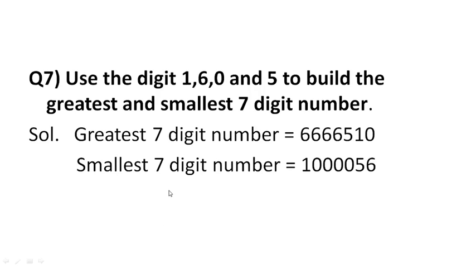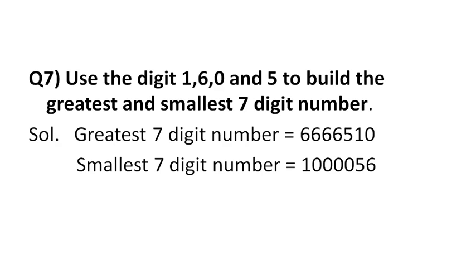If we are writing the greatest 7 digit number, which digit can we repeat here? In these digits given here, 6 is the greatest. If 6 is the greatest, it means we repeat it. Okay, how many times does it repeat? So how many digits are left? 1, 2, 3 digits left. First you take the 3 digits and write them in a way that they form the greatest number. First you write 5 1 0. This is the 3 digit greatest number using these 3 digits. Then after that you write 6 6 6 6. Now this is your 7 digit greatest number.